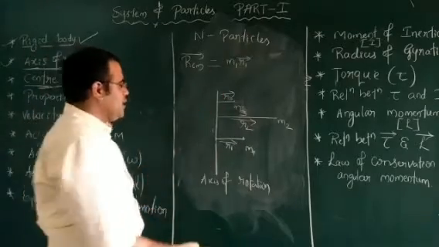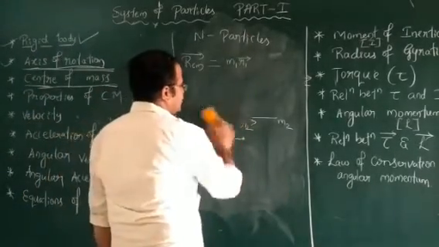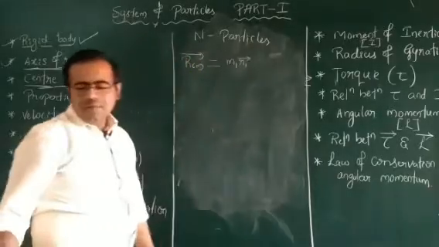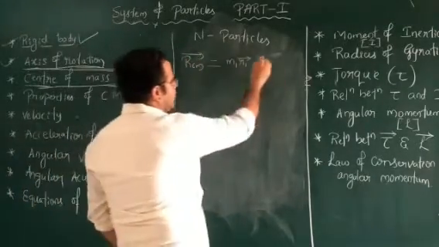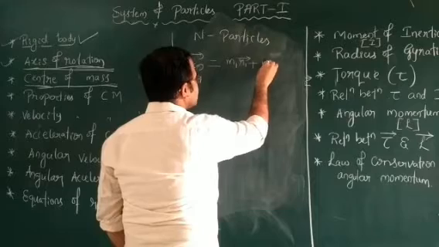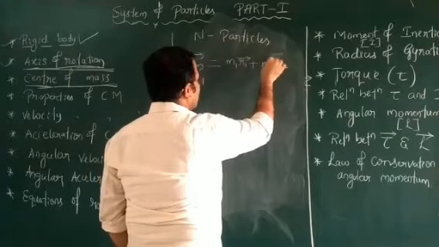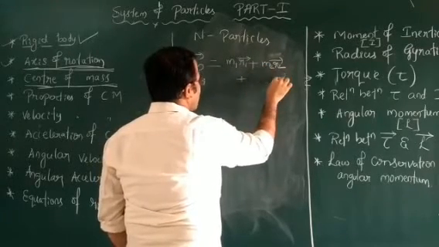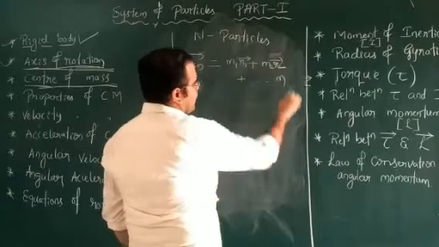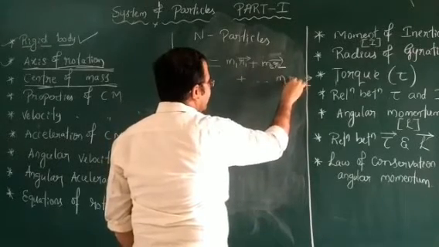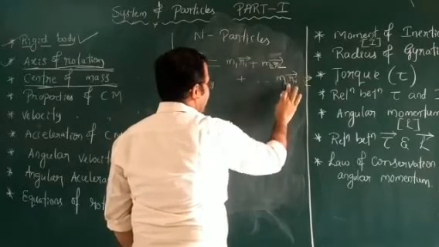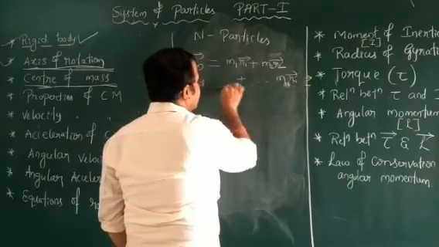So when we have n particles, it is m1 vector r1 plus m2 vector r2, and so on up to the nth particle with mass mn and radius vector rn, divided by